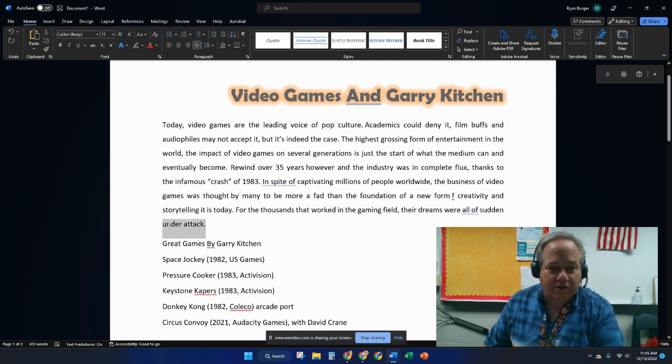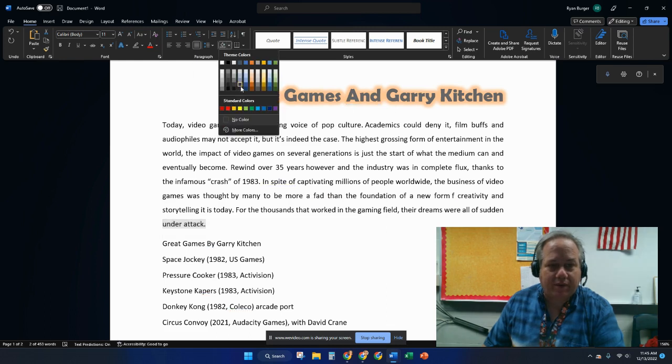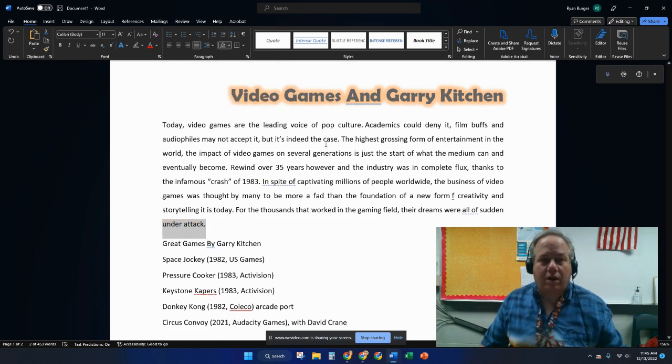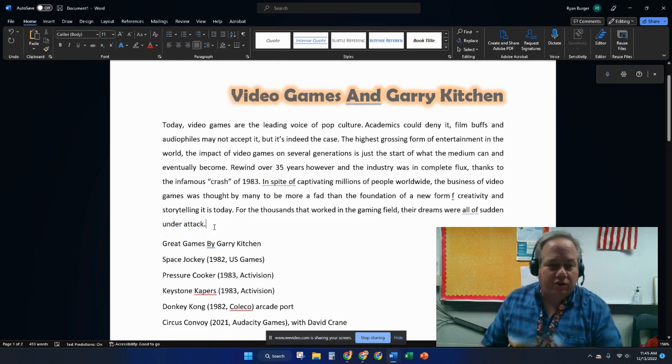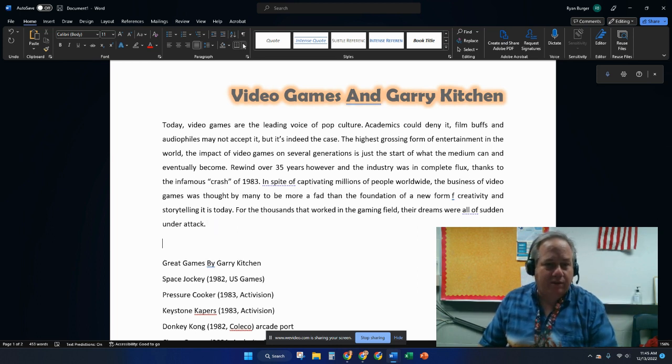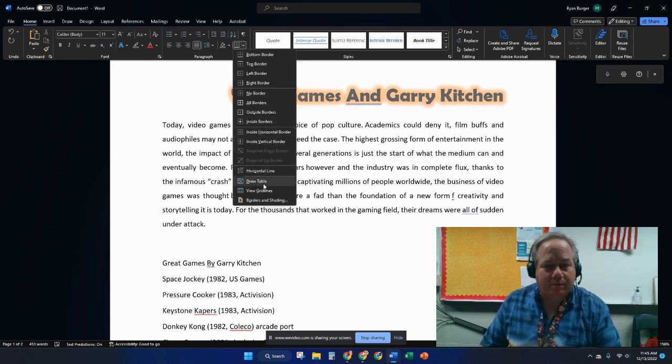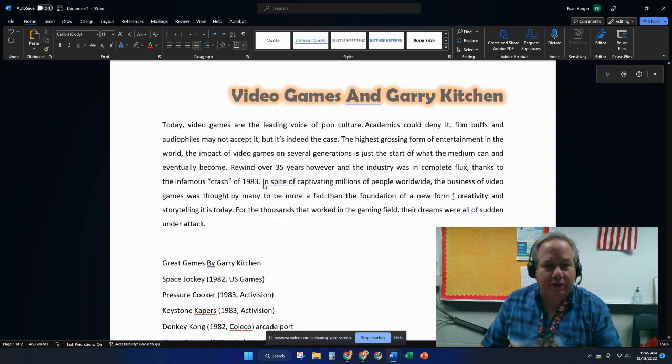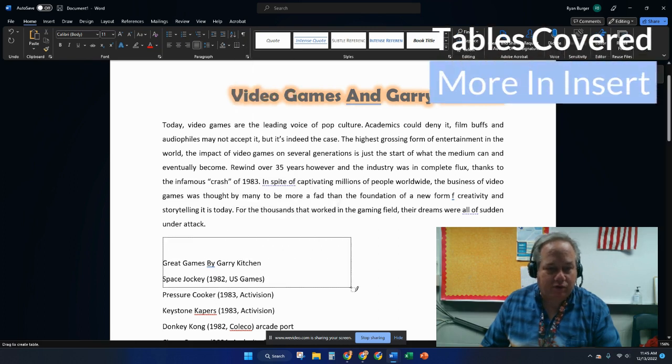We have coloring areas. So if I want to color under attack, I just select under attack and I can make it any color I want as to the highlight. It's very similar to the highlight feature that you saw before on things. And the last portion I want to show you on this menu is how to make a table. So if I want to go ahead and put a table in here, draw a table, I'm going to draw a table in,